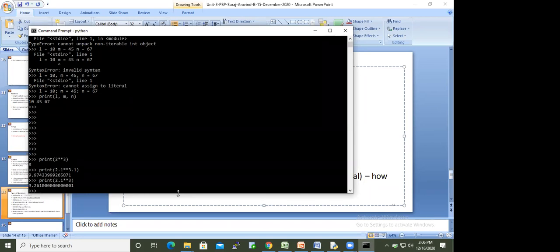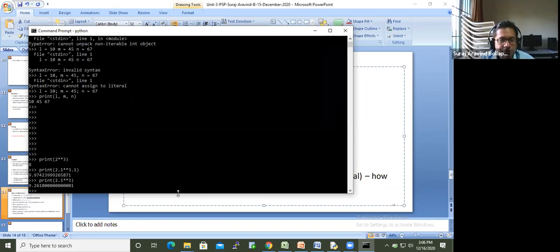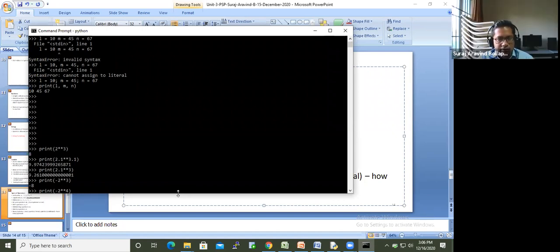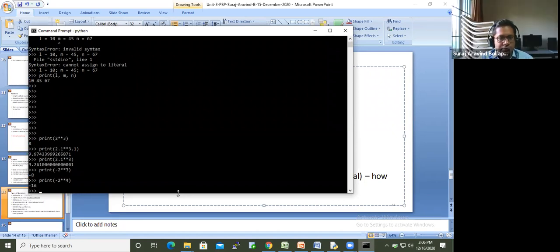Now again, the next question comes. Do they work only for positive numbers? Will they work for negative numbers also? Let us check for minus 2 to the power of 4, which is 16. What if I give this as minus 4?